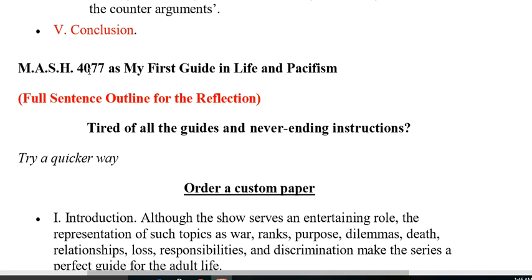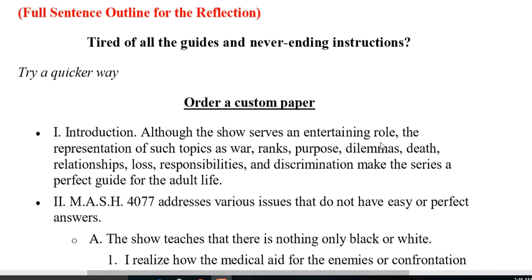MASH 4077 as my first guide in life and pacifism. Clear? Tired of all guides and never-ending instructions, order a custom paper about some scientific subject matter. Fine. Here our purpose is just to read and find out what the difference is between the previous outlines and this outline. Clear? Order a custom paper, and you see section 1, introduction, and after the introduction